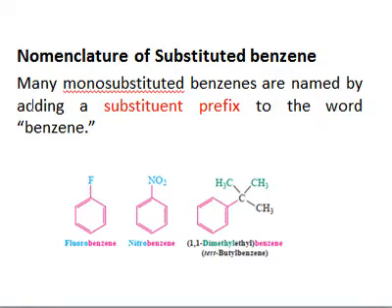So again, nomenclature. If you have a mono-substituted benzene, then the IUPAC nomenclature for such a system is that the substituent is written as a prefix to benzene, right? So benzene will be written in the end and the substituent will be attached as a prefix. Here we have a fluorine, so the name for this structure will be fluorobenzene. Similarly, we have nitrobenzene. Now in this case, we have a side chain which is attached to the benzene,